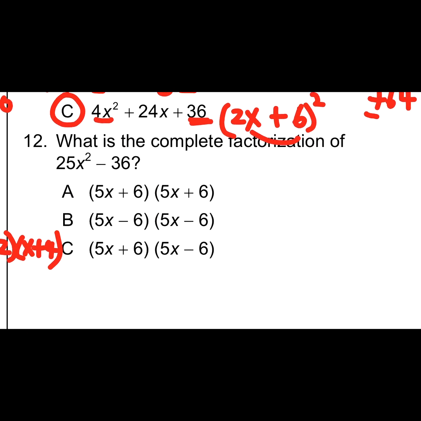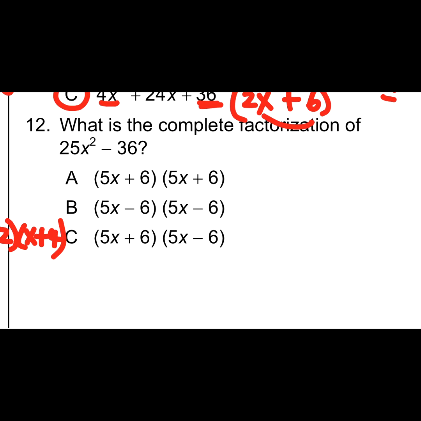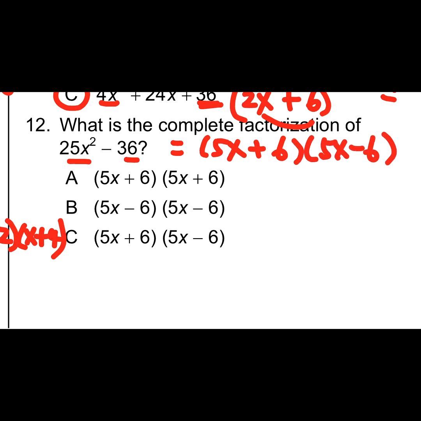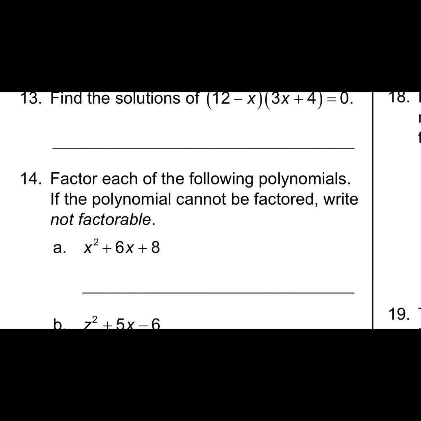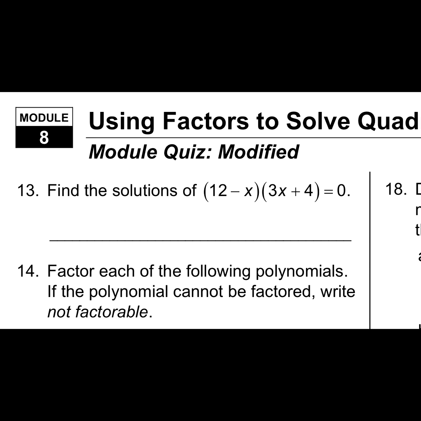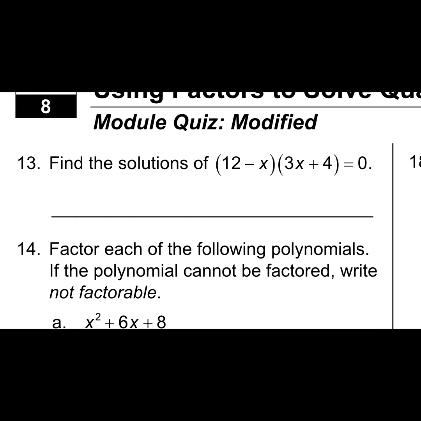Number 12, what is the complete factorization? So this looks like it's a difference of square again. So it is 5x plus 6 becomes 5x minus 6, and that is the complete factorization, and that looks like answer choice C. Moving on to the back side, find the solutions, and this one is already factored,